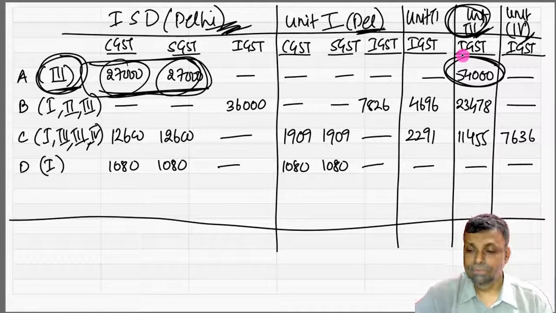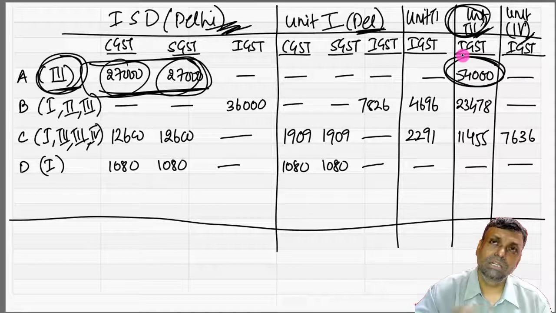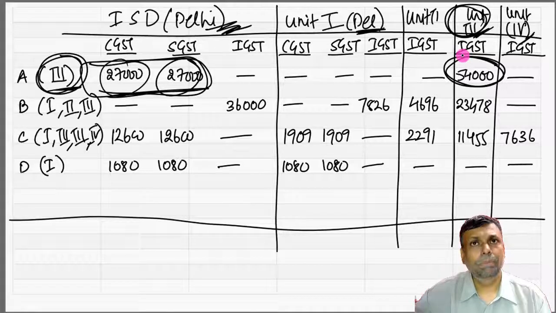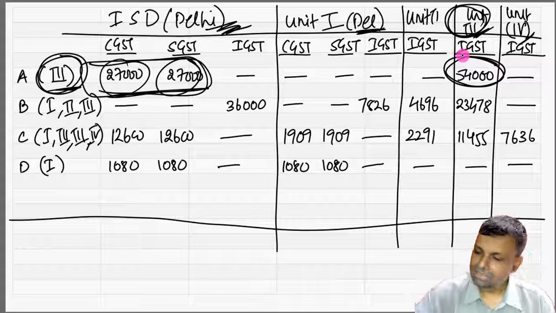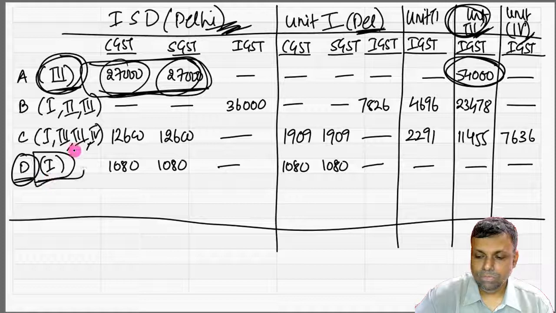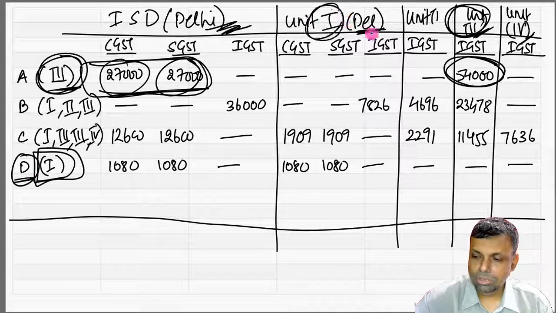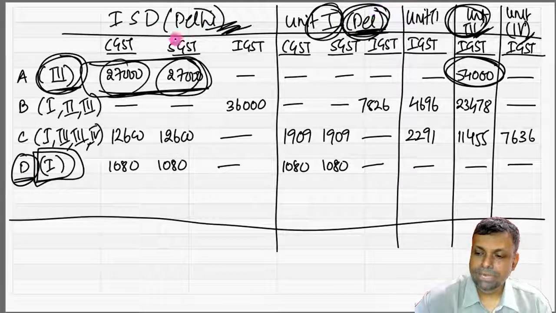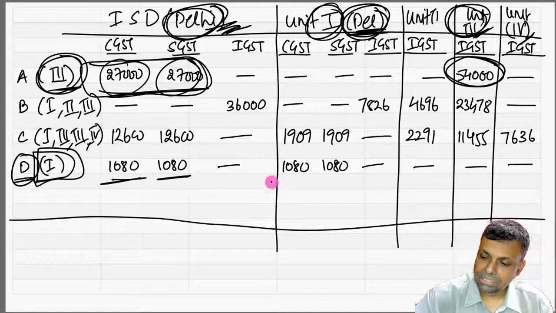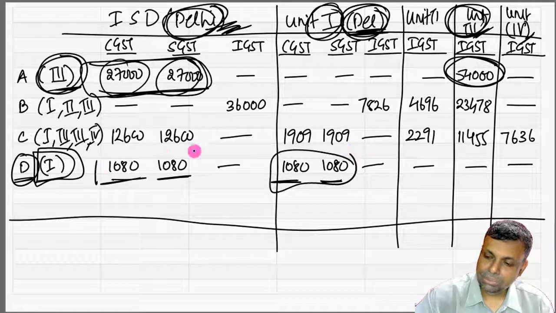However, if it were in the same state, then you will retain the same status of CGST and SGST, as the case may be. Is that absolutely clear? Okay. The other part of the situation is pretty simple and pretty manageable on this particular front. Now, let's take up this particular example, point number D, where this particular credit is with respect to unit none. So this is your unit number 1. Unit number 1 is also in Delhi, and your input service distributor is also in Delhi. That means they are in the same state. So CGST, SGST, the same amount will be transferred same to same manner.